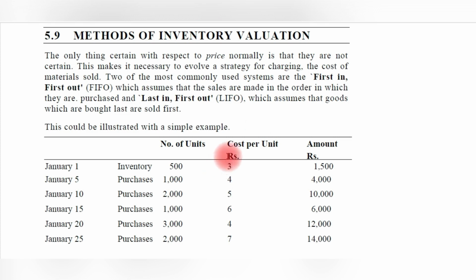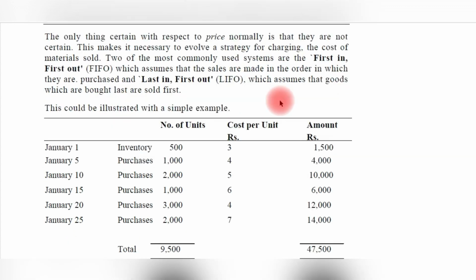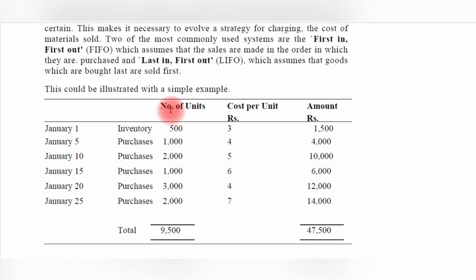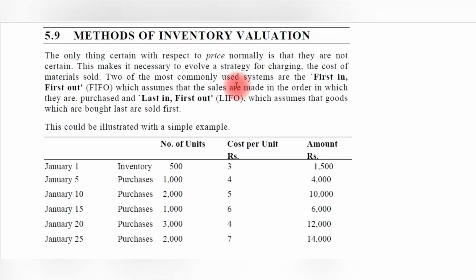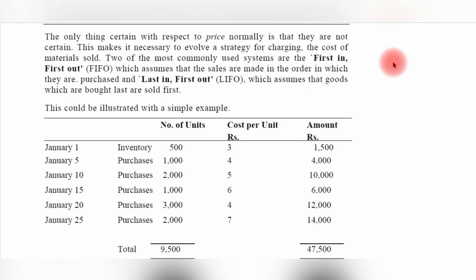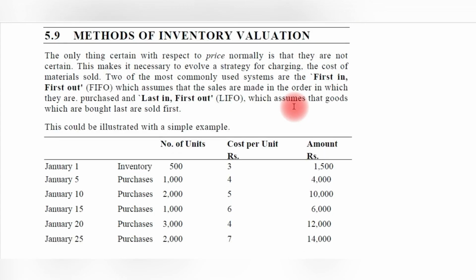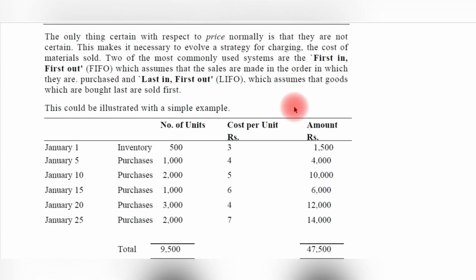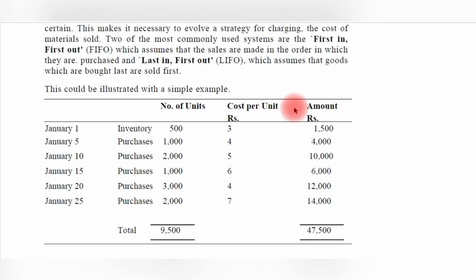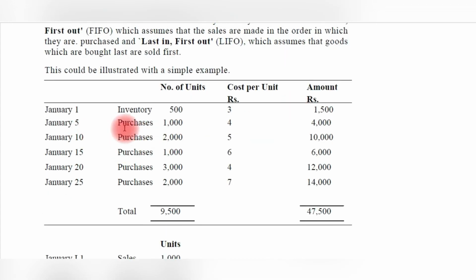There are 2 methods that are shown in this example: first in first out method and last in first out method. We will take an example, and using this example we will understand the 2 methods of showing the value of the inventories in the profit and loss statement. We are talking only about the cost of the goods sold or the purchase price of the goods which are brought into the business. We are not talking about the sales revenue. How to show the cost of the goods in the profit and loss account is the theme of this topic. There is one example here.